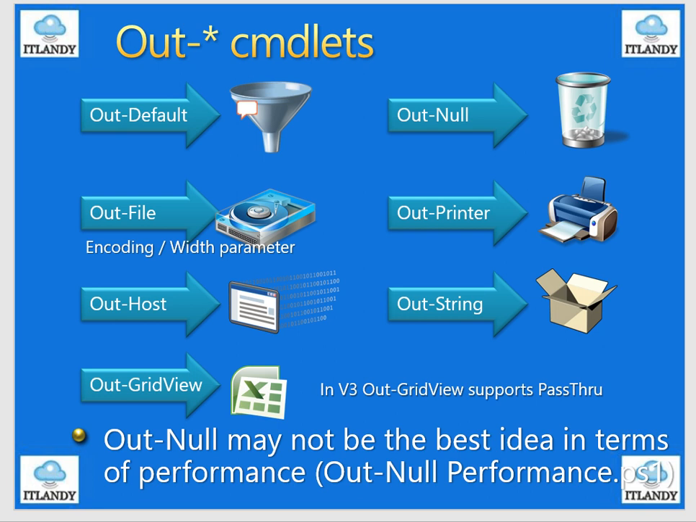Same with Out-Printer. It sends the output to the default printer, or an alternate printer if one is specified. The second one is Out-Host, which sends it to the Windows PowerShell host because it's the default. Then Out-String, which will convert the objects that Windows PowerShell manages into an array of strings and send them to the traditional shell. And the last will be Out-GridView, which is a